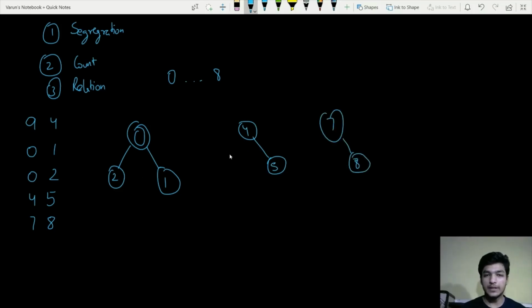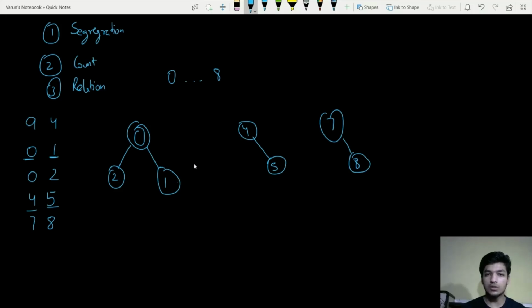Now we have made the graph, but how do we know that the segregation is done perfectly? We're making connections between astronauts which belong to the same country. So all the astronauts which belong to the same country will be present in the same component of the graph. If neither astronaut was present earlier in the graph, a new component is made for them.